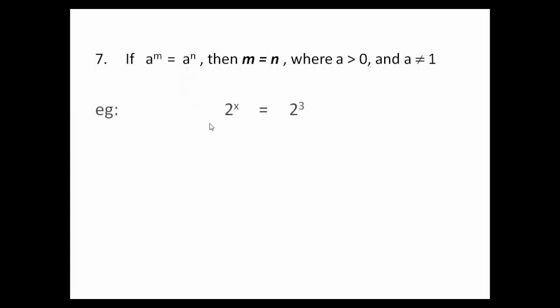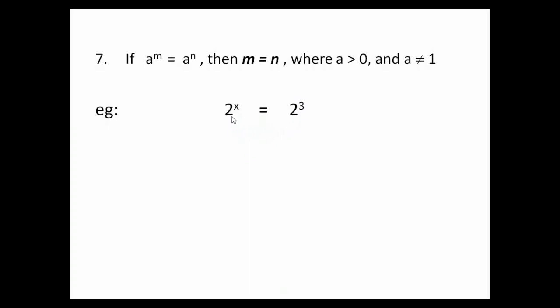Let's look at an example. So here 2 raised to the power x. Here the exponent is not given, it is given as a variable, and here it is given 2 raised to the power 3, and they have mentioned that both are equal. See, both are equal means their exponents should also be the same, because the base is the same. Here it is 2 and here also it is 2.